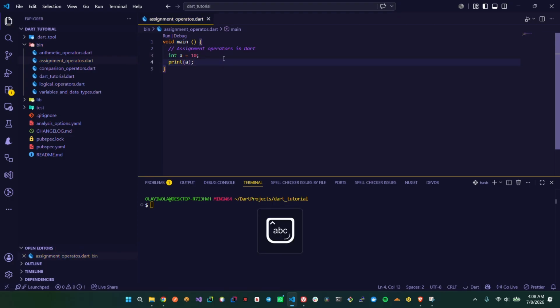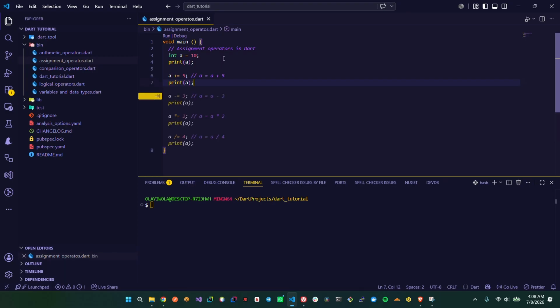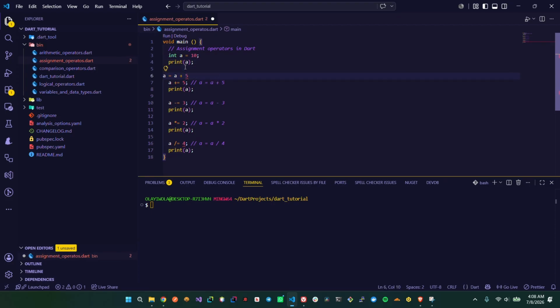We print a, which is 10, then we use plus equals to, and we print it. You can see that now we're adding 5 instead of having a separate variable. That's why the AI put that comment there. Instead of having a separate variable, or the same variable and adding to it, we can have something like this. Let me copy it out so I can see clearly. Instead of having a equals to a plus 5,